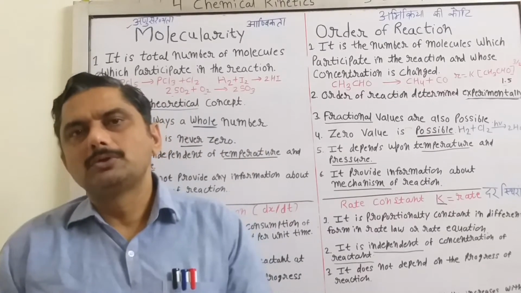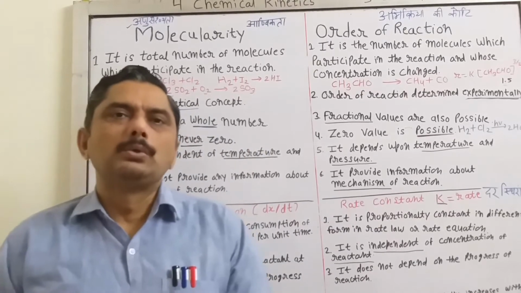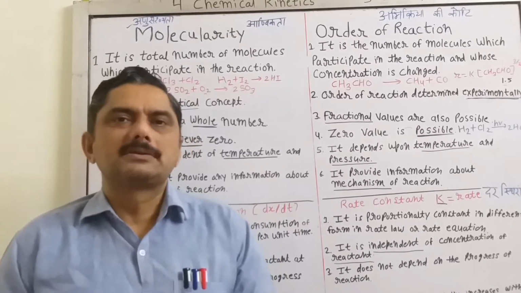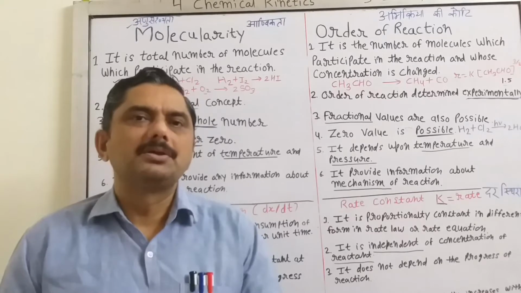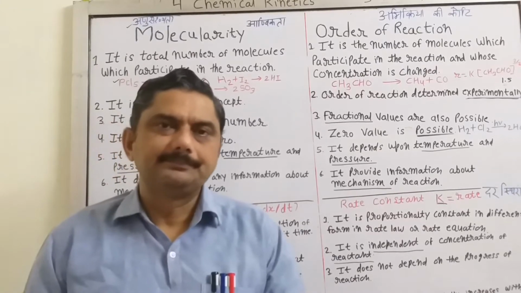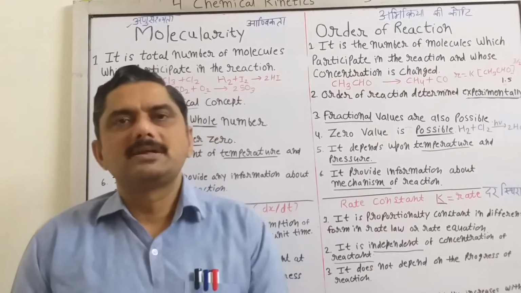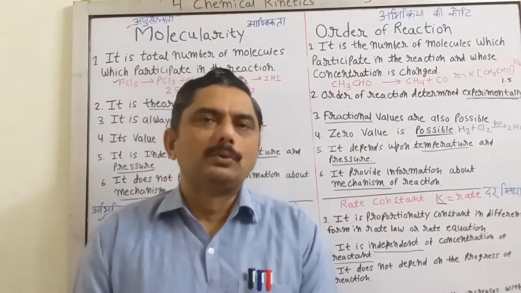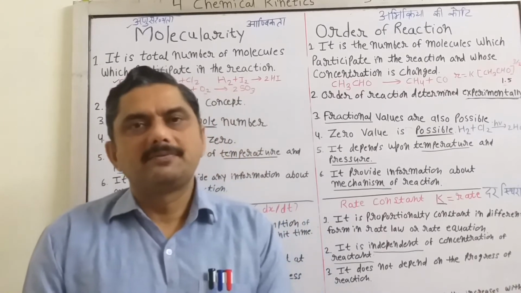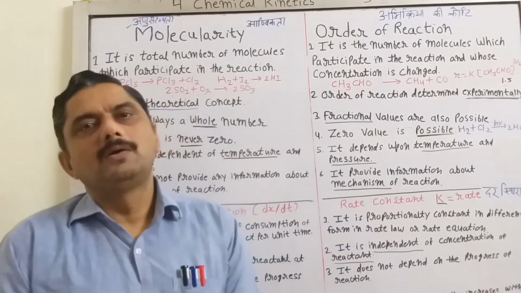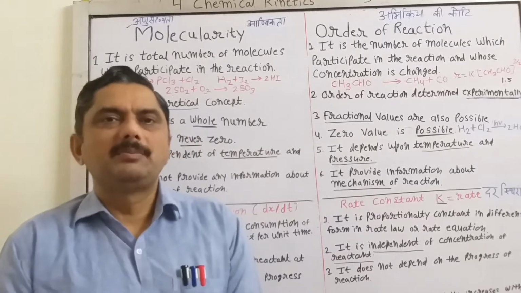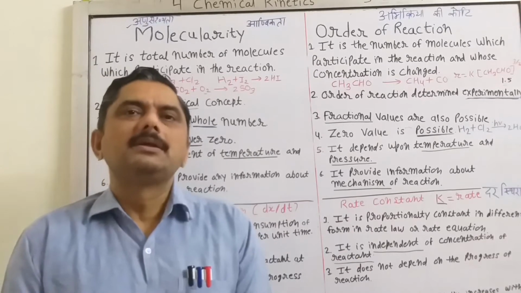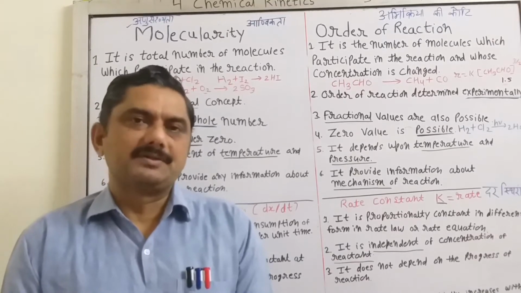Number two, slow reactions. Those reactions which require months, sometimes years for their completion, are known as slow reactions. Example, rusting of iron. Third, moderate reactions. Those reactions which are neither very fast nor very slow are called moderate reactions. Example, hydrolysis of ester. Most reactions of chemistry are categorized as moderate reactions.